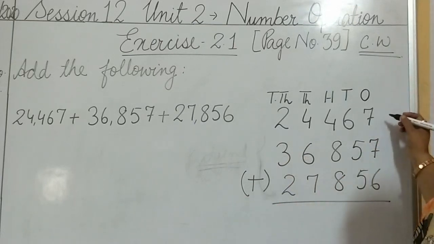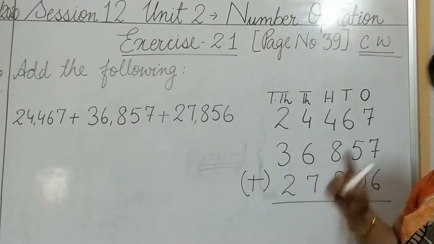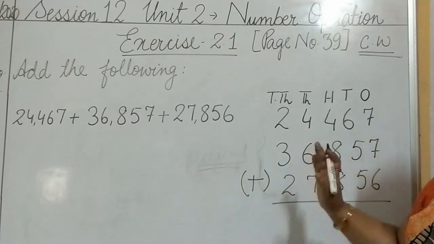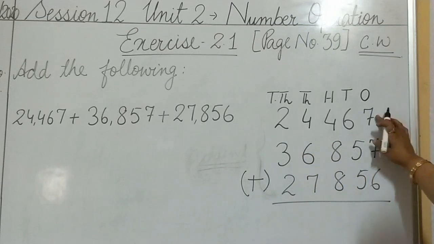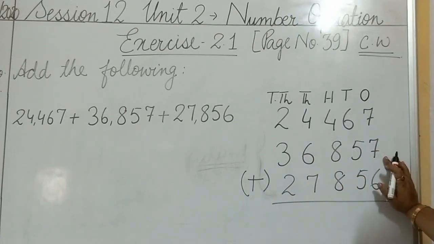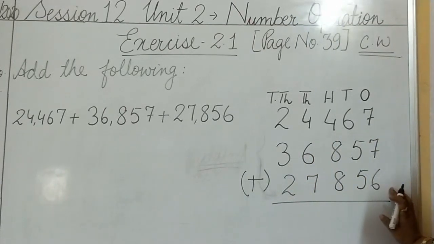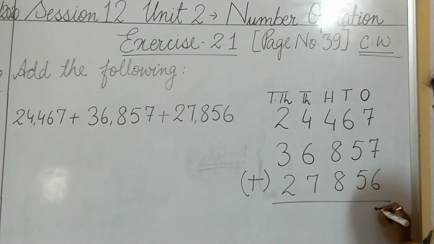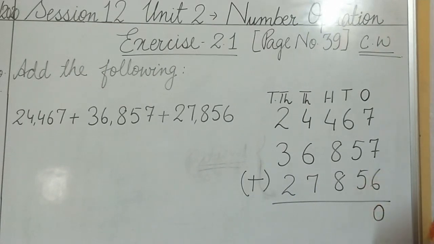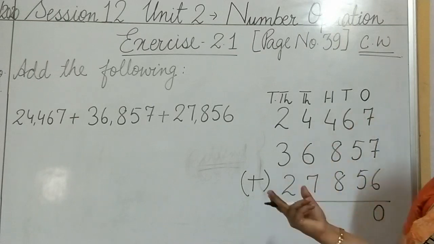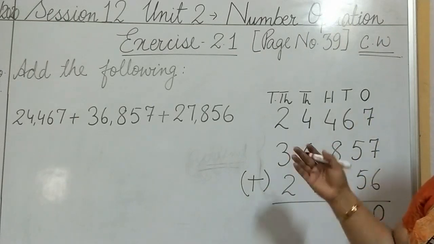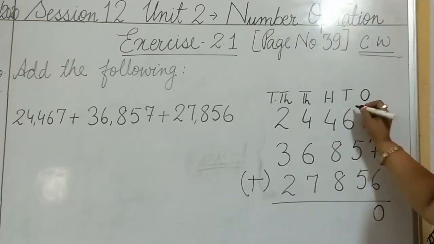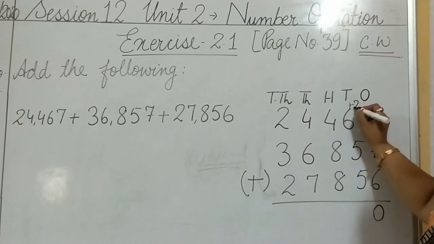Okay. Let us start from the ones place. Whenever you are adding, you have to start from the ones place. 7 plus 7, 14. 14 plus 6, 20. So should I write 20 or 0 over there? Yes, you have learned in class 4. So you people are smart now. We know that I will write 0. What about the next number, 2? That will be carried to the tens place, children.